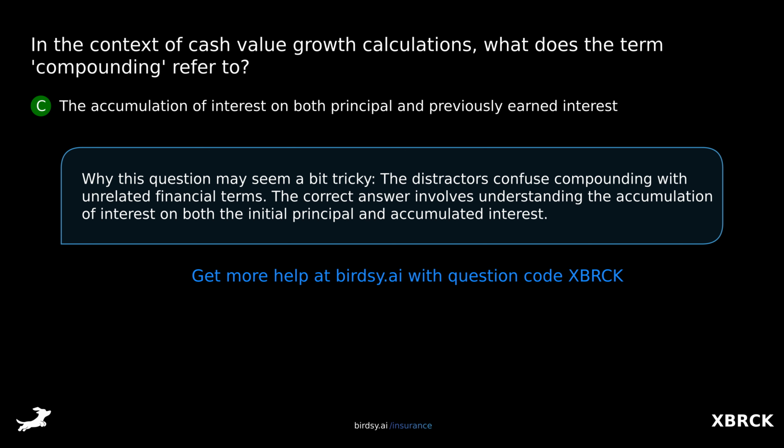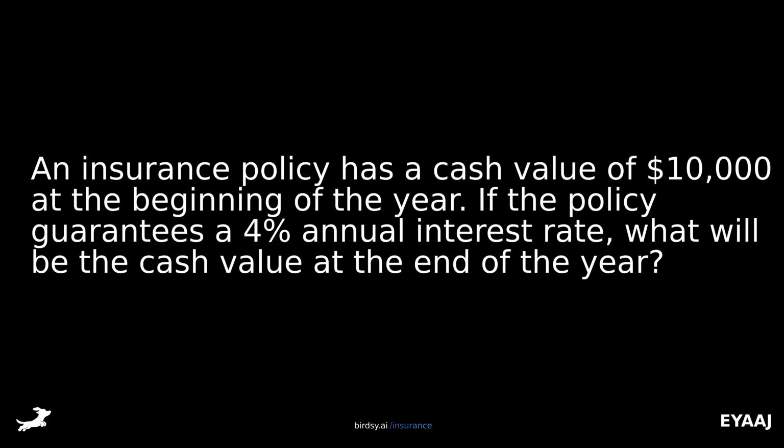Why this question may seem a bit tricky. The distractors confuse compounding with unrelated financial terms. The correct answer involves understanding the accumulation of interest on both the initial principal and accumulated interest. An insurance policy has a cash value of $10,000 at the beginning of the year. If the policy guarantees a 4% annual interest rate, what will be the cash value at the end of the